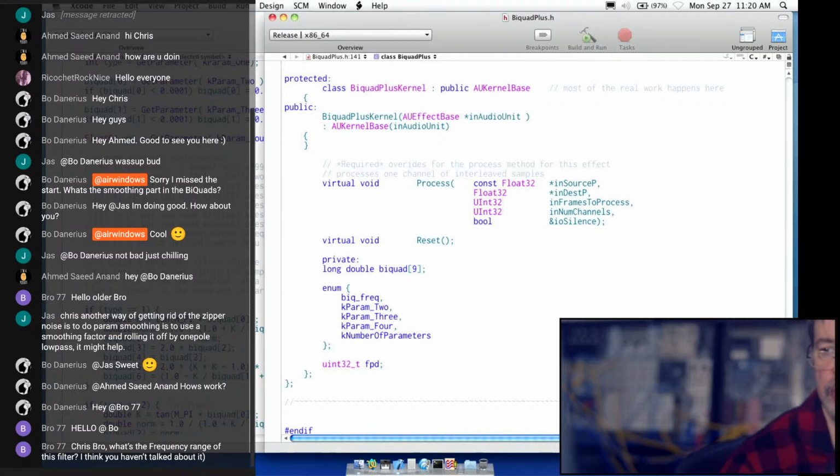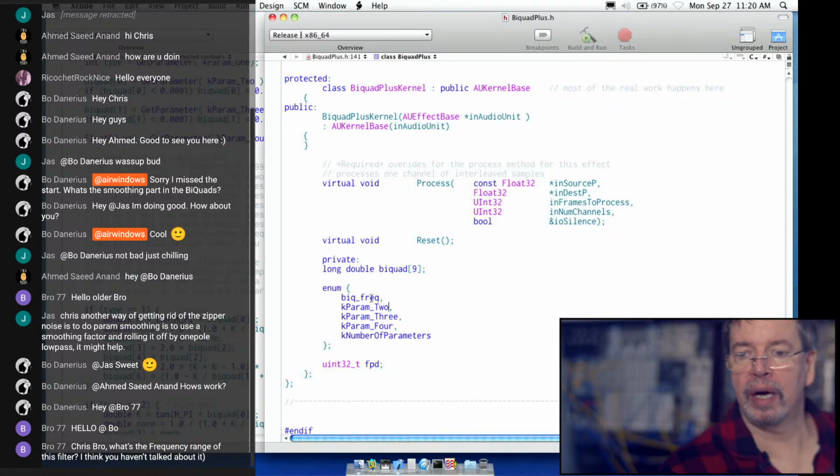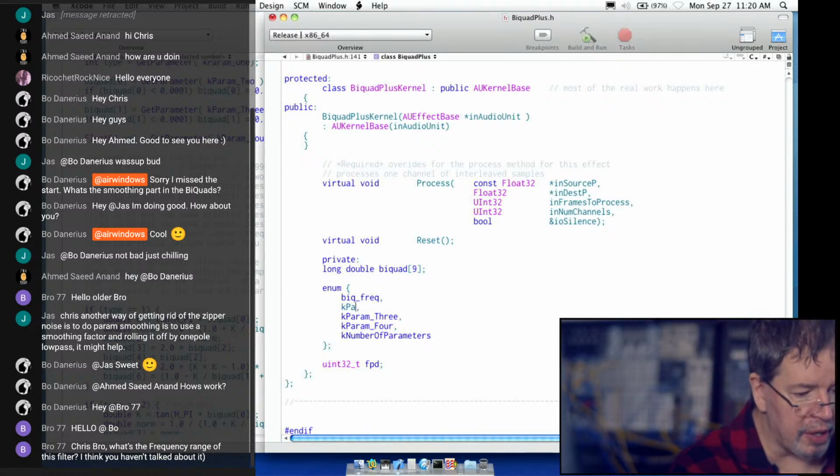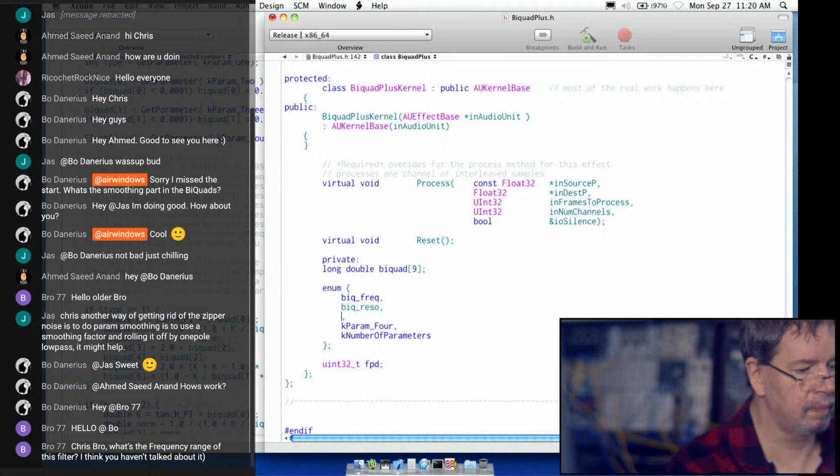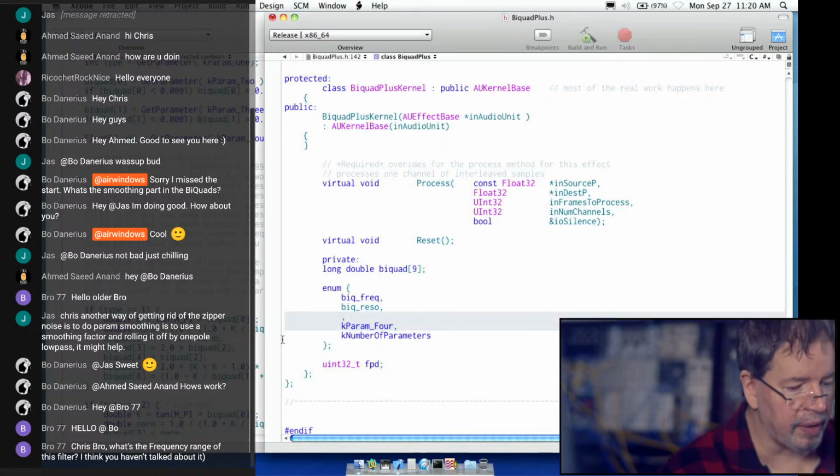I'm going to try to use shorter names. It doesn't matter what the frequency range is. It can be anything I want it to be. We'll call it Rezo. In fact, let's just type this out directly.